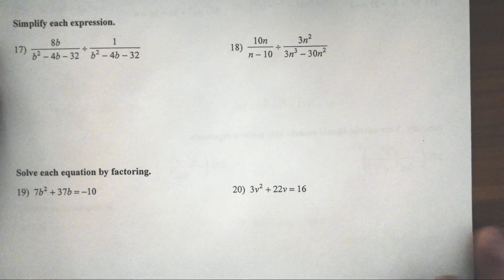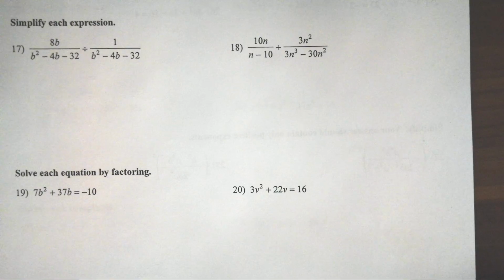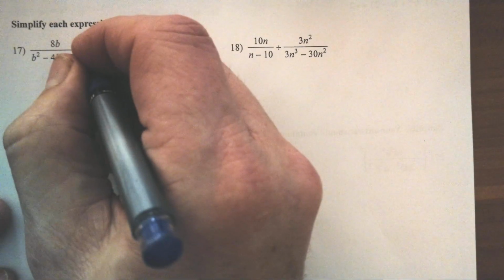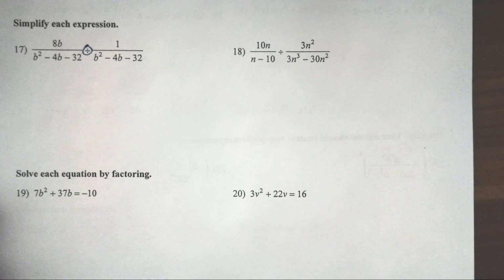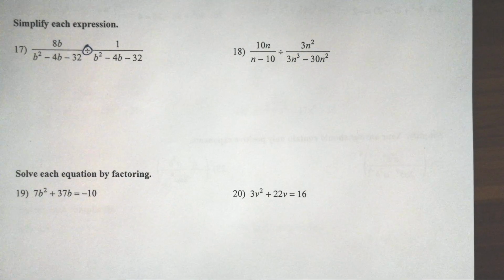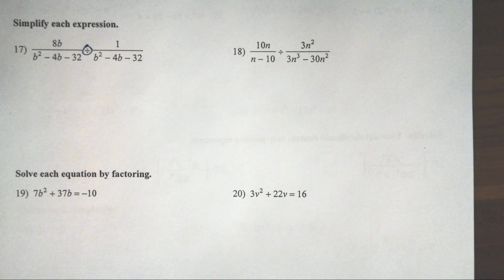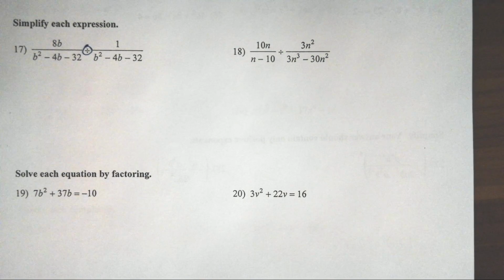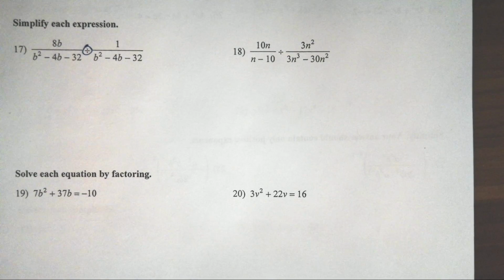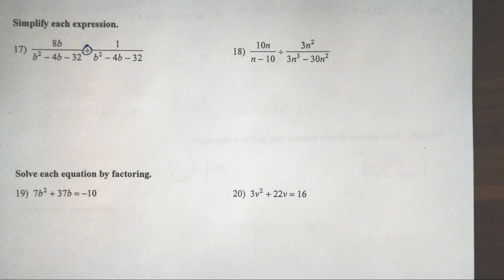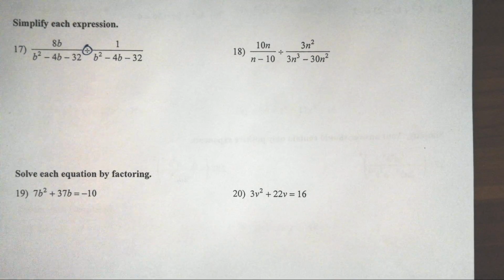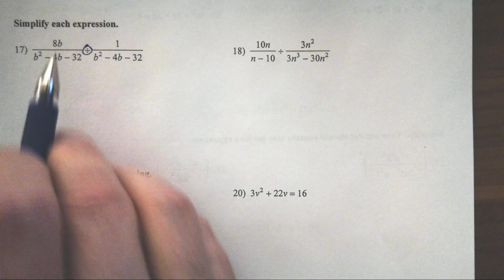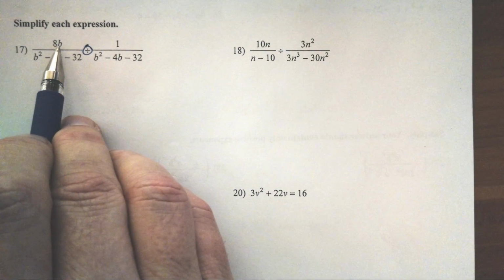Okay, simplify each expression. We got a really good situation here. I think you probably all by now know when we divide fractions, we can flip and multiply, and I will do that. But take a good look at this. This is just a one-step, what I would call a V8 problem. They may still be out, V8 commercials, when somebody's drinking a soda or something like that, and they see somebody next to them drinking a V8, and they smack themselves on the head and say, wow, I could have had a V8. This is kind of one of those moments,